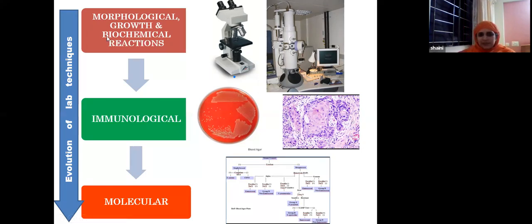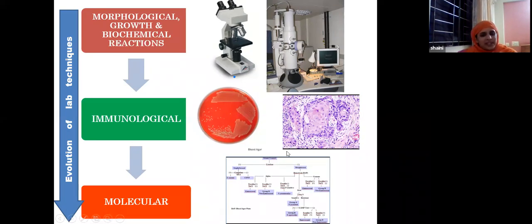Finally, we have the biochemical reactions. Biochemical reactions are a battery of biochemical tests which can be done in order to pinpoint what the bacteria is. The problem with this is that in order to pinpoint the organism, you have to do a host of tests. You have to go down the flow chart. You do all kinds of biochemical tests. We have all heard of catalase positive, catalase negative, oxidase positive, oxidase negative, beta hemolytic, alpha hemolytic, non-hemolytic.